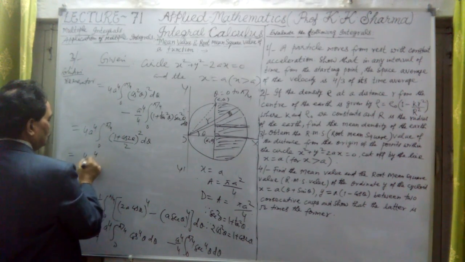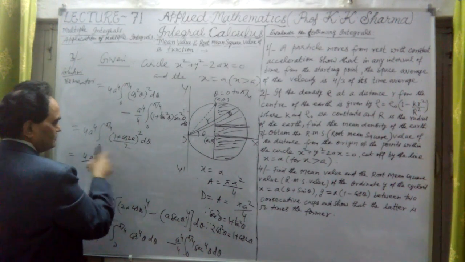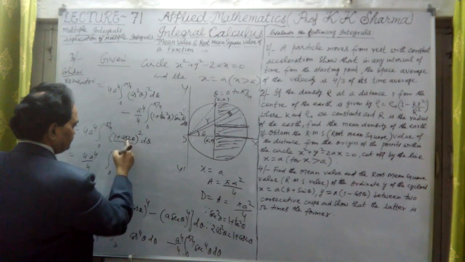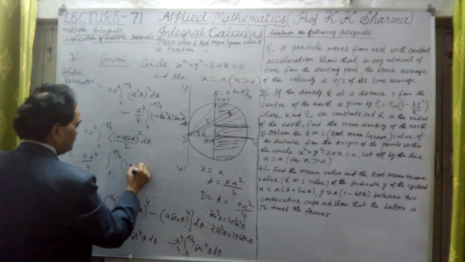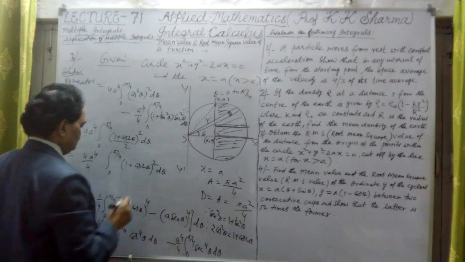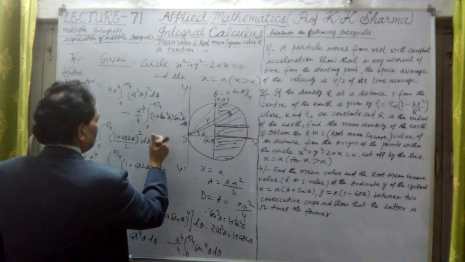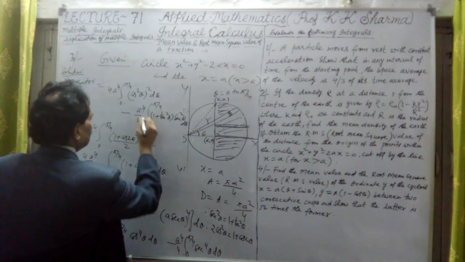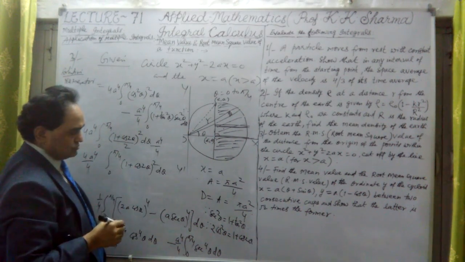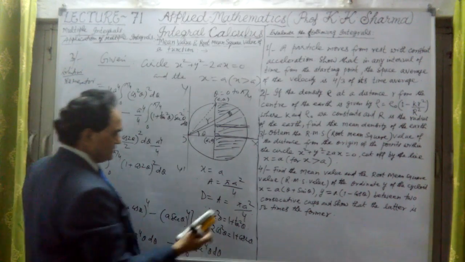This a^4 upon 4, this 2 square we take outside, integral from 0 to pi by 4. Now this is (1 plus cos 2 theta) whole square, so I have to open this. And I'm sorry, this minus sign here, a^4 upon 4. Now if I put tan theta equal to, let me write,